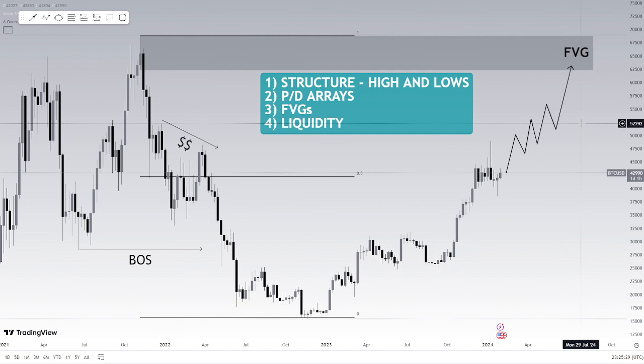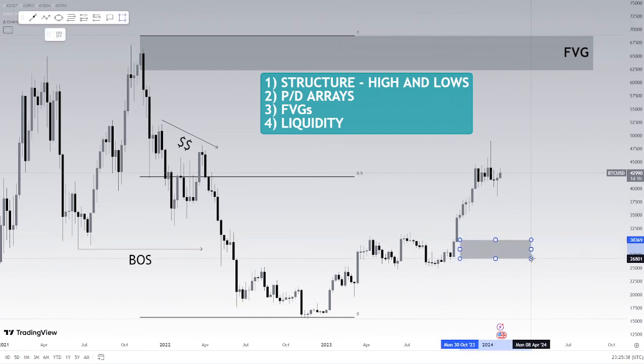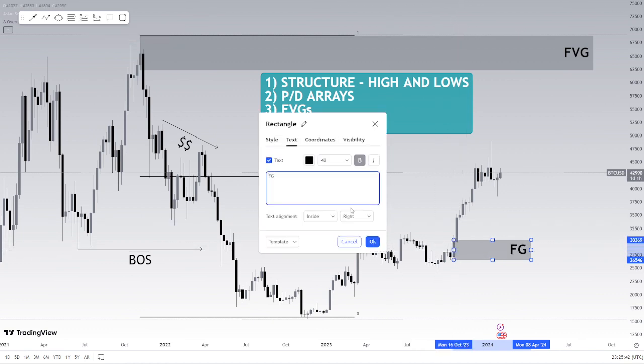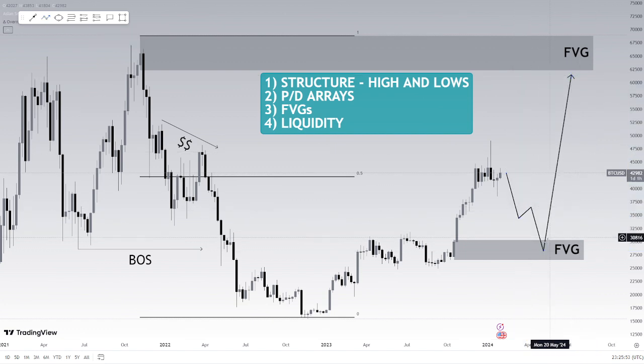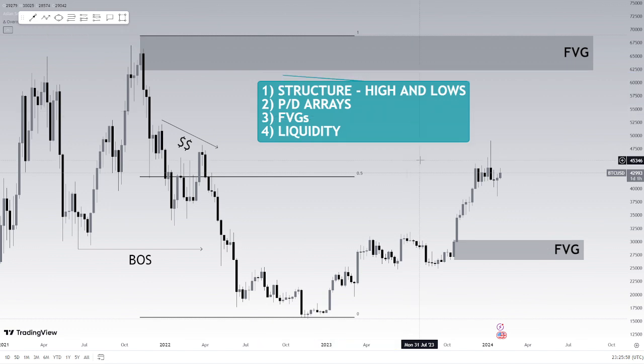So overall, on Bitcoin, the narrative is to seek higher prices. Now, that doesn't mean we can't do something like this, because we understand we have a fair value gap over here in this region. We've left a fair value gap here as well in the discount. Price is perfectly within its regions to actually seek lower prices, right? So we could indeed see price tap down before heading up higher. That's a possibility. But we need to understand longer term the narrative is higher on Bitcoin, and the reasons for that are the four reasons you see on your screen.